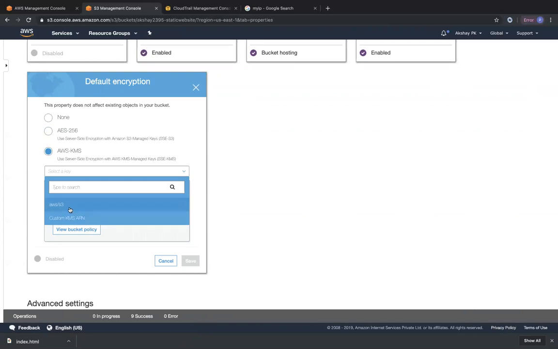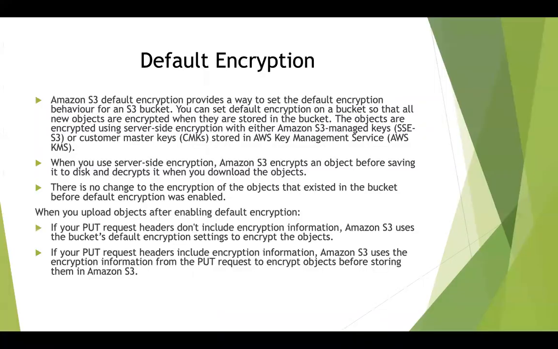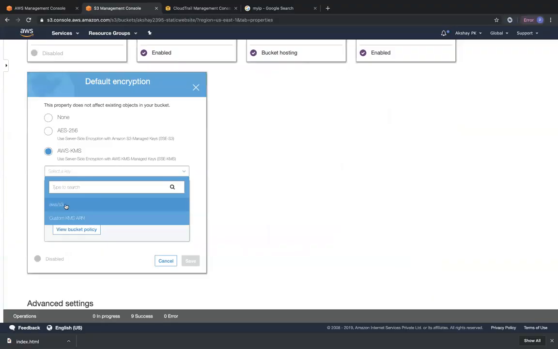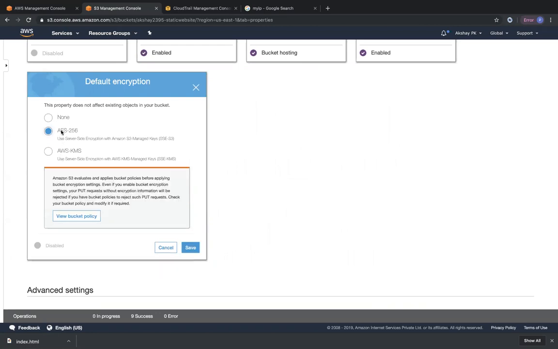Okay, so you can see that there are two types of keys over here. One is a custom KMS ARN key, which is your customer managed key. That's what we saw on the slide. If I go back to the slide, you can use customer master keys, or CMKs, or you can use the default AWS S3 KMS key that is present in your AWS account. This is by default present in your account. The other is a key that you provide. By default we will go with S3 AES 256 encryption using server-side encryption of S3, where AWS will internally encrypt your object before storing it to disk and decrypt your object when you download it.